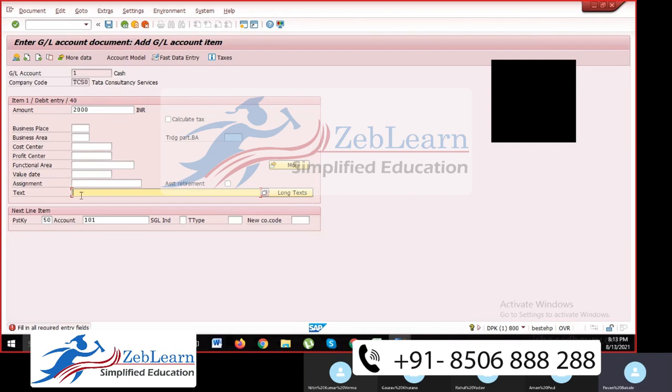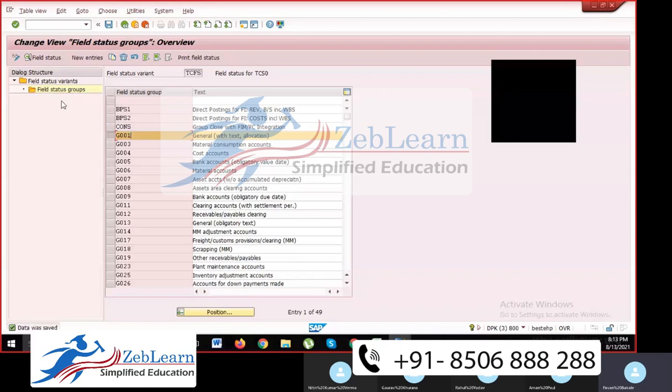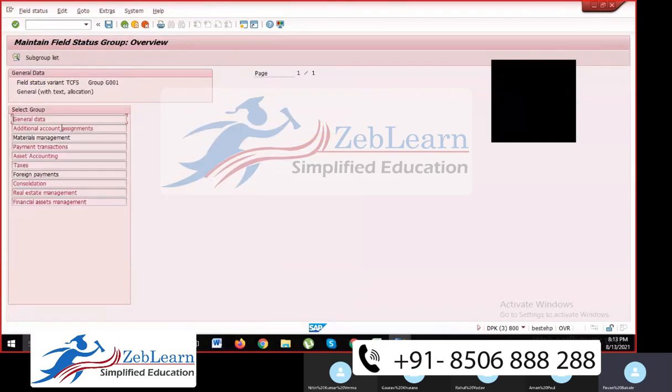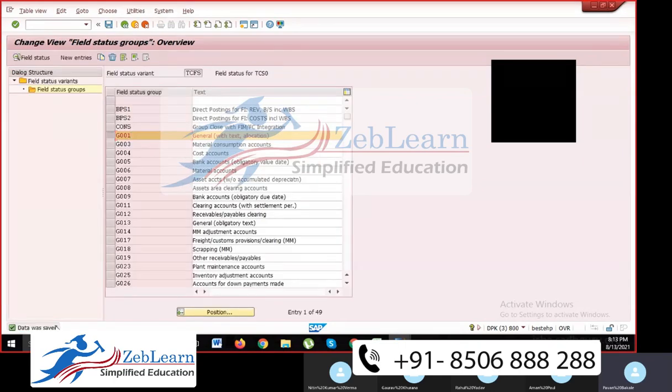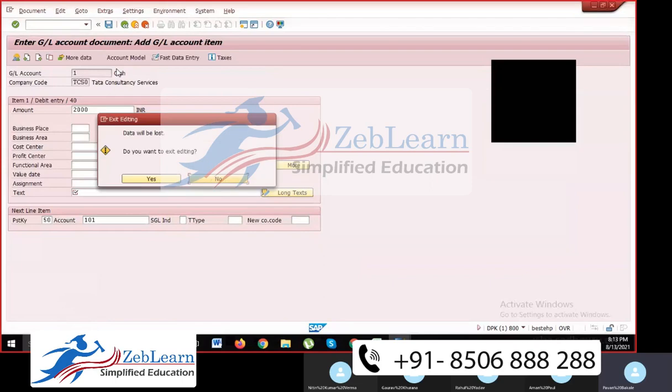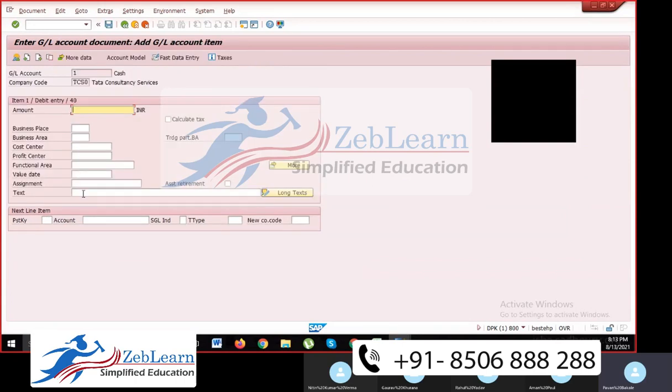You got it, Aman? Yes, I got it. Yeah, because I have made the field required here. Mandatory. See here, mandatory. If I keep it optional and save, now it is optional. Once again do this entry, take back. Now see, it doesn't come the same way as before. Cash account debit to capital account, see it is gone. It is not mandatory now.